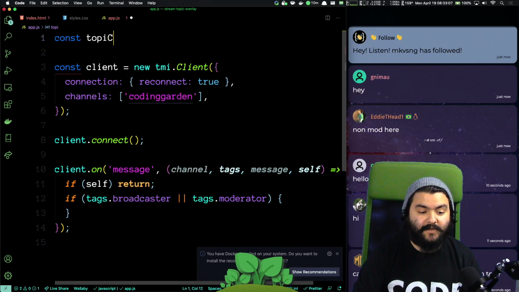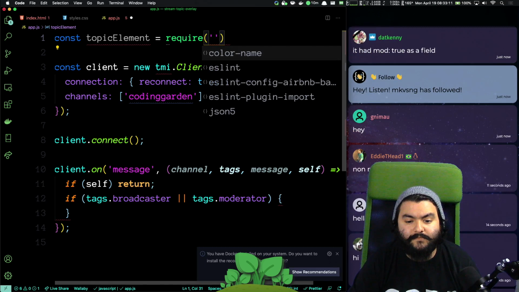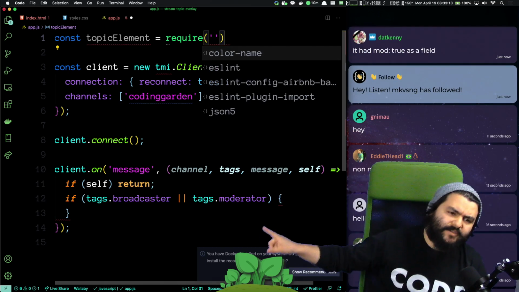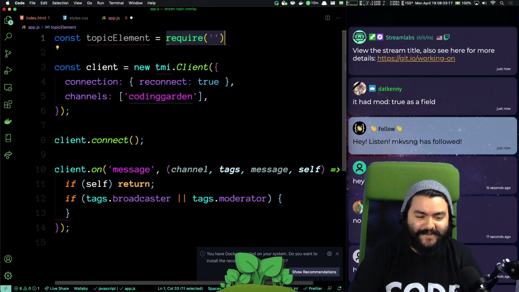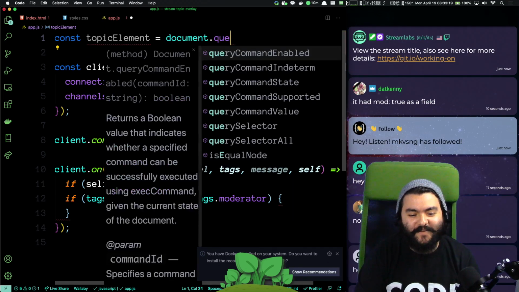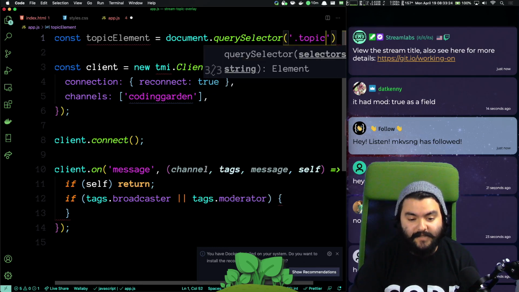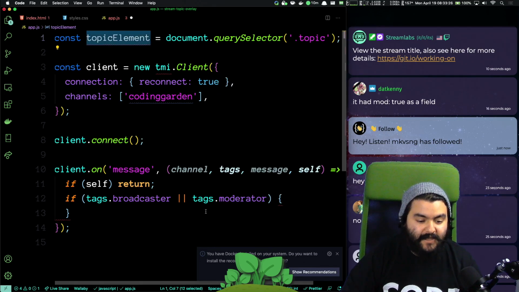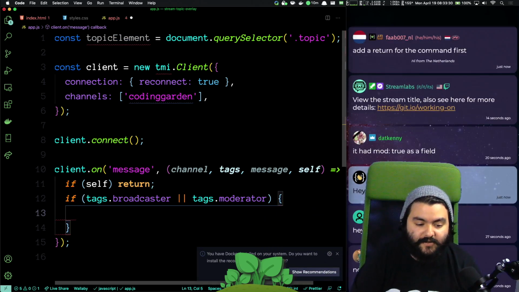So we'll say the topic element. Yeah, mod true would probably work. I think looking at the tags is good enough. What am I doing? I've got to select the element. So we want the element with the class topic. Great. And now that we have it, if you're a broadcaster or a moderator, and